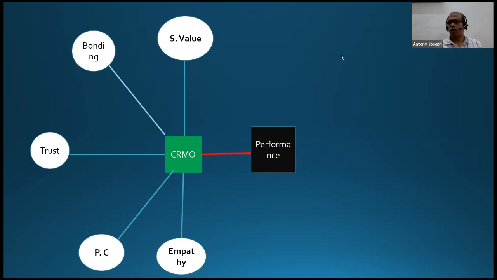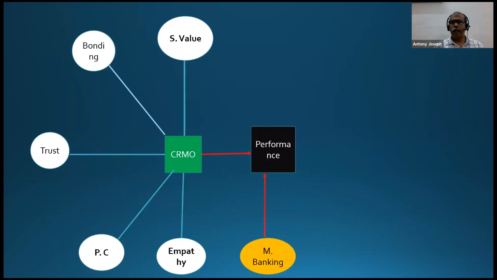So now the question is, on what basis are we to measure the performance? What are the parameters? There are so many methods or variables for measuring branch level performance. But since this is a study in marketing management, I have to take into account the marketing variables which can be used for the measurement of the performance and which can be linked with customer relationship management orientation. So I have reviewed and found there are a large number of variables which can be used for evaluating the branch level performance. Out of that, I have selected some.